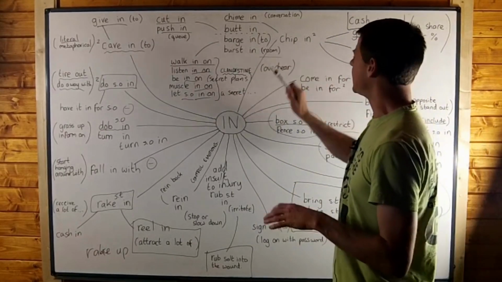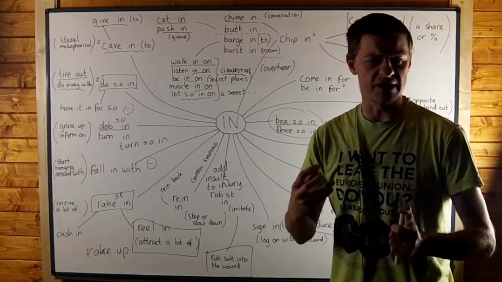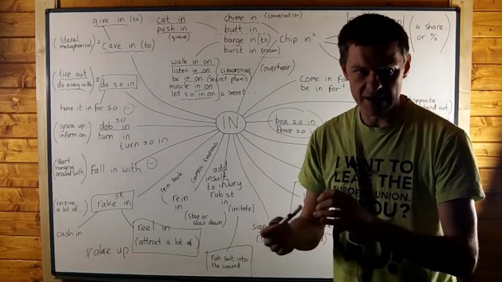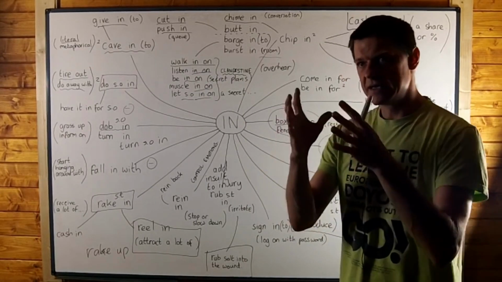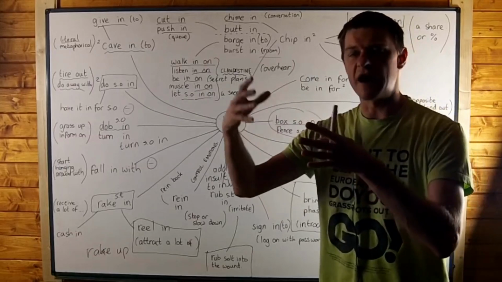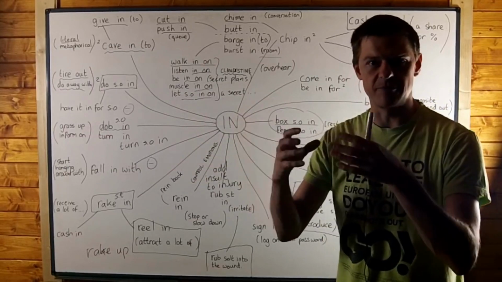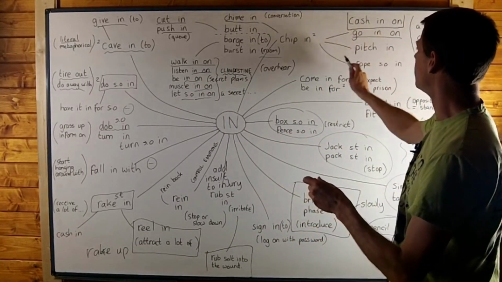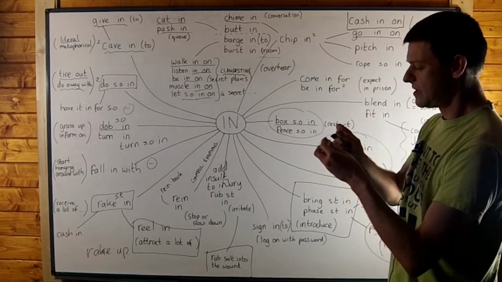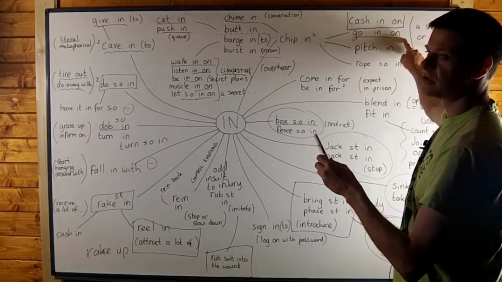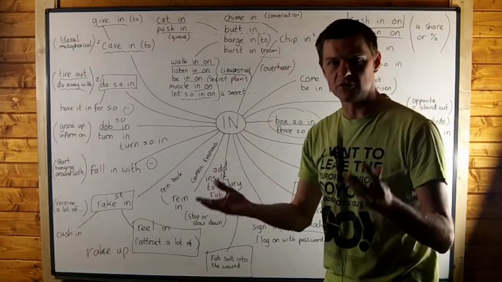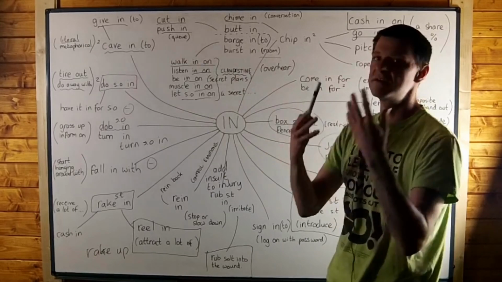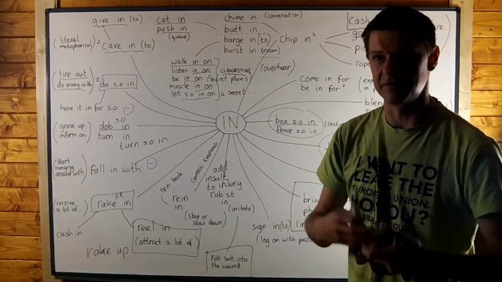In the TV show, chip in was used in the meaning of to chip in some money. When you chip in money, that means that you offer some money which will buy something with other people. So it's when several people decide to buy something together, which is actually go in on. They're very similar, but go in on gives you the object that you go in on. So if you go in on a pizza, you share the cost of a pizza. You all chip in £5 and buy a pizza for £20.